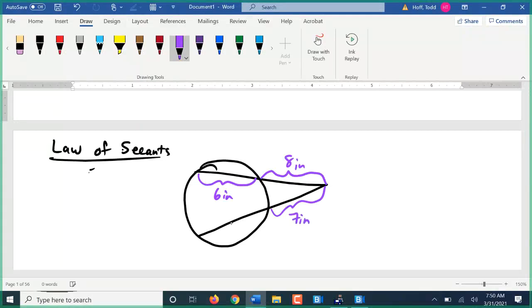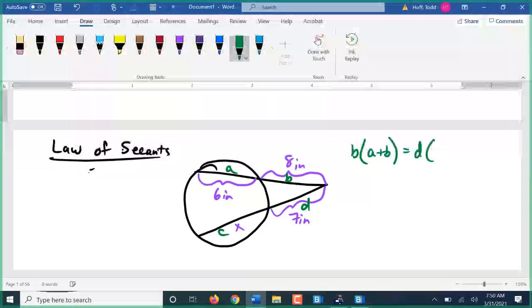Seven inches long. I want to find that piece. I'm going to come back and relabel these pieces A, B. Law of secants says B times A plus B has to equal D times